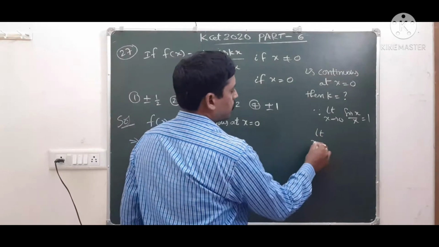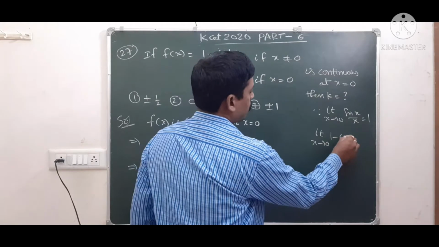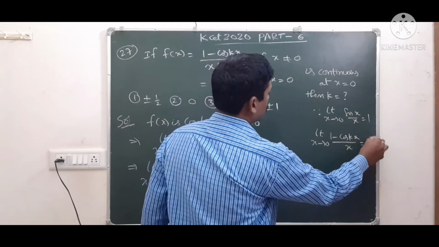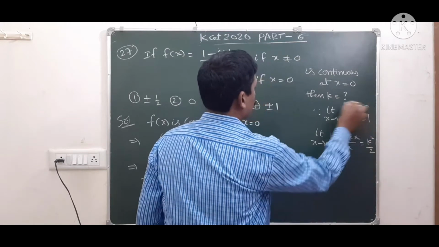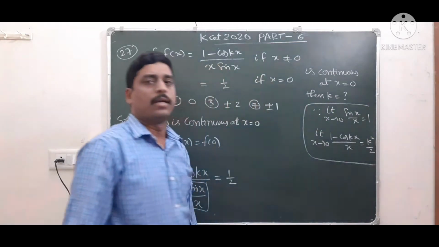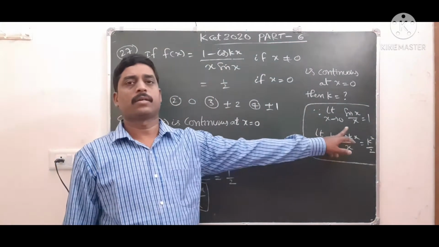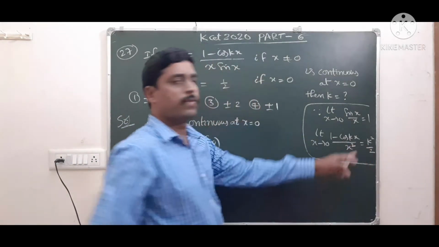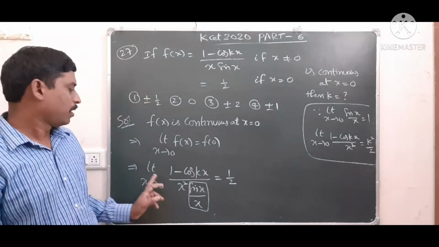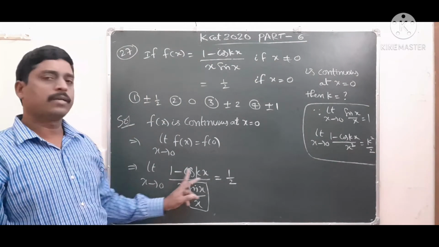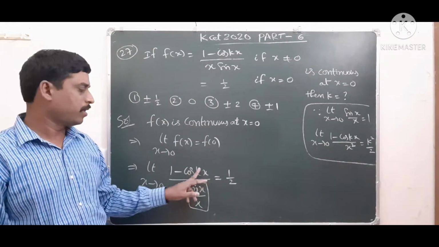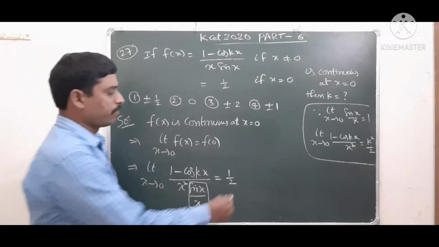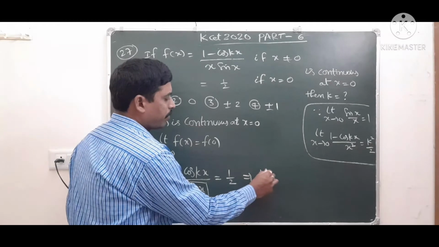Next, limit x tends to 0 of 1 minus cos kx by x square has value k square by 2. These two formulae are most important. So in this limit x tends to 0, 1 minus cos kx by x square, the value is k square by 2, into sin x by x with value 1. Therefore, k square by 2